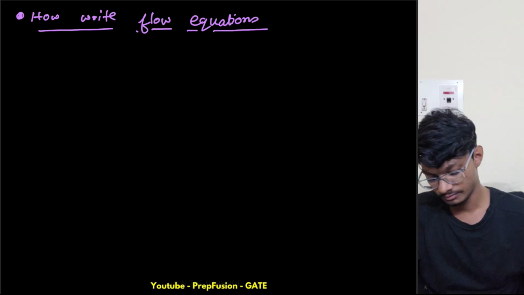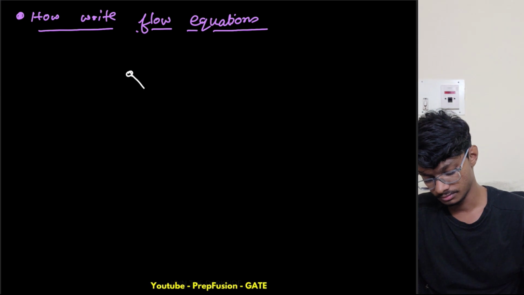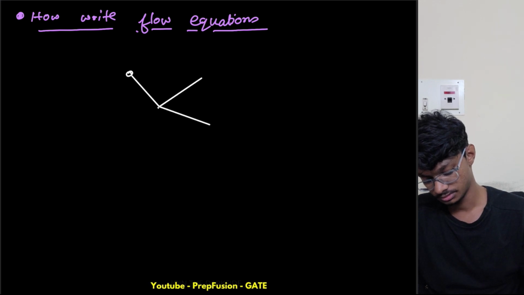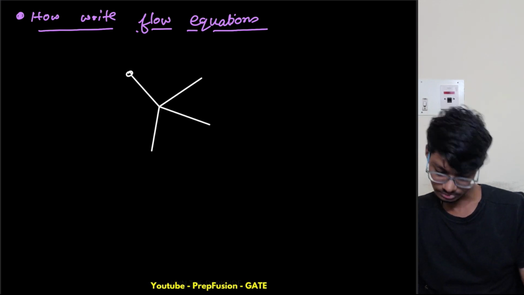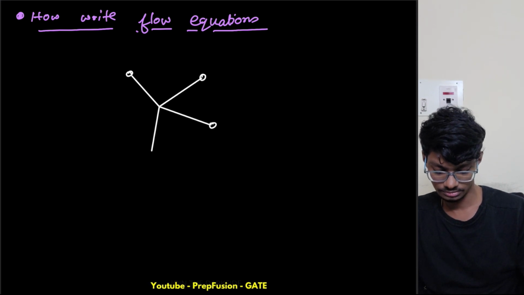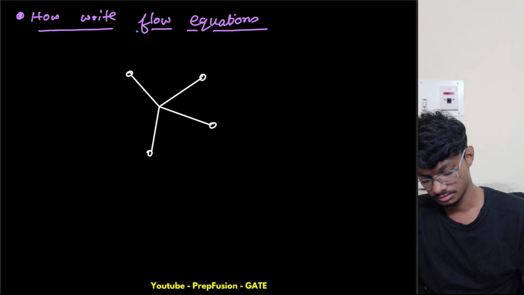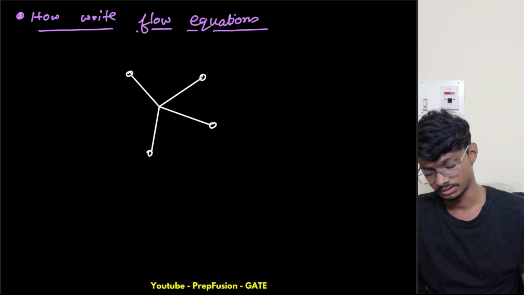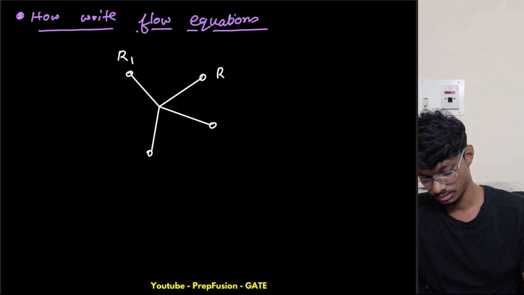So let's say I have multiple paths here. This is one path, this is one path, this is one path. This is 1, 2, 3. Now we have, say, 4 paths, right? And all of them are, let's say, inputs: R1, R2, R3, R4, and each path has gain G1, G2,